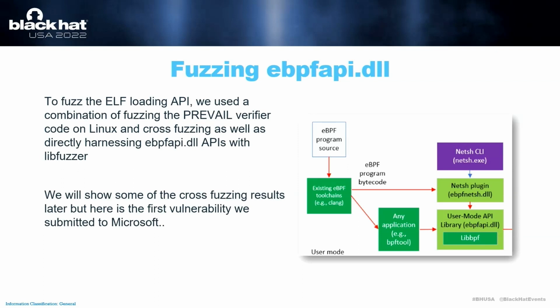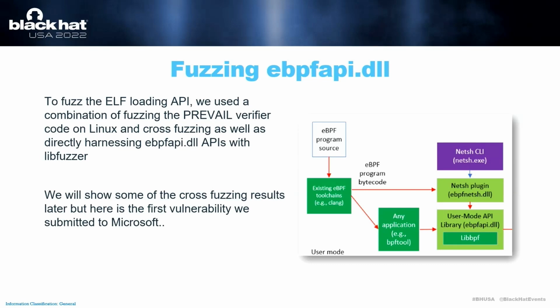I actually fuzzed the Prevail and eBPF independently quite a while ago, and found some crashes. So we did some cross-fuzzing there, where we just took the output of fuzzing these components independently on Linux and then ran them through these loader tools on Windows. And so we'll talk a little bit more about the bugs that we found in the individual components, but the